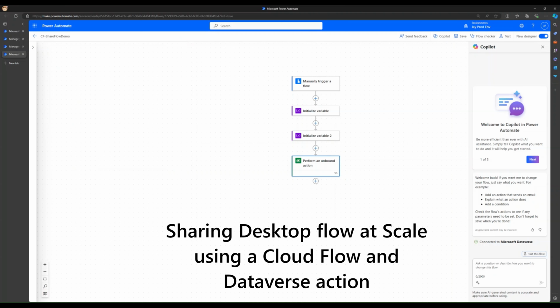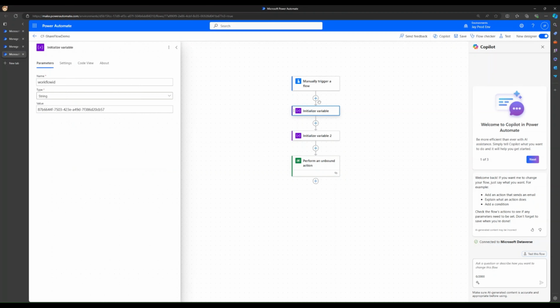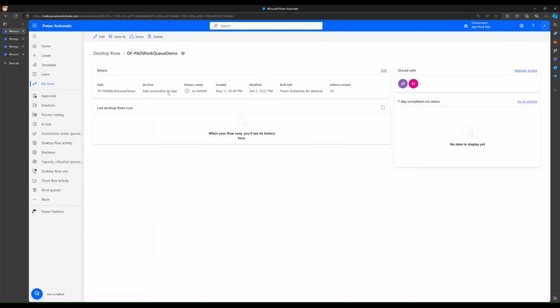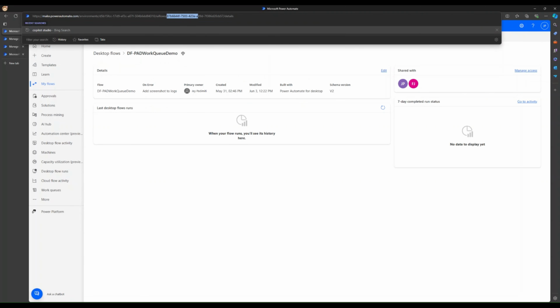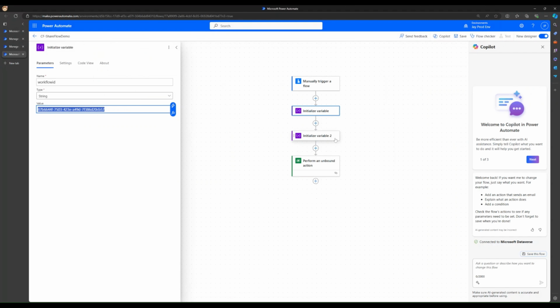For demo purposes, I am hard coding the workflow ID that is required. In this case, this is the workflow ID for the desktop flow. You can get this workflow ID very simply by navigating to the URL of the desktop flow. That's the workflow ID. And then the system user ID. So you need the system user ID of the user that will be getting this desktop flow as the shared